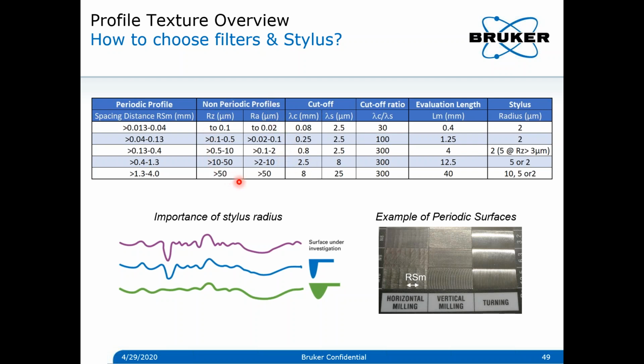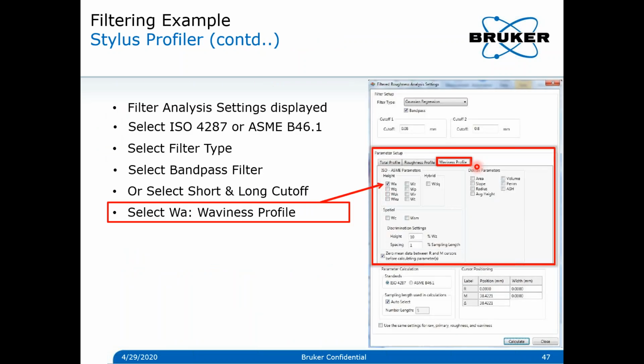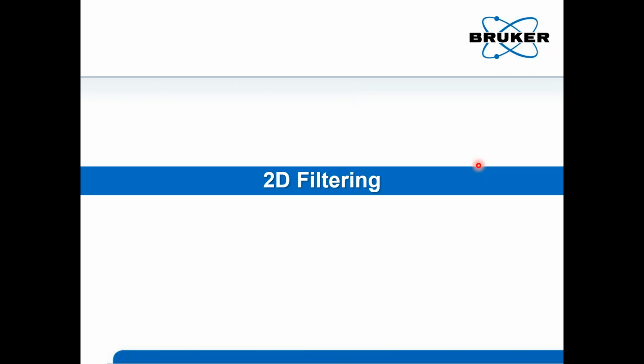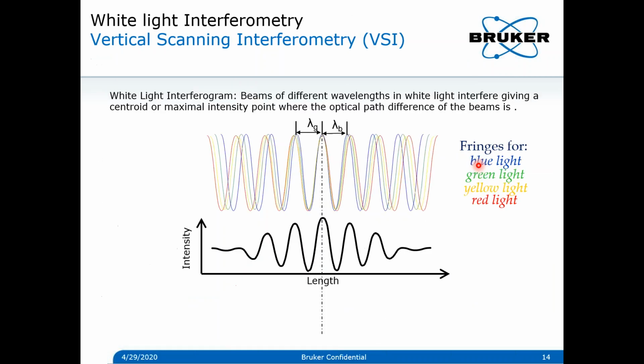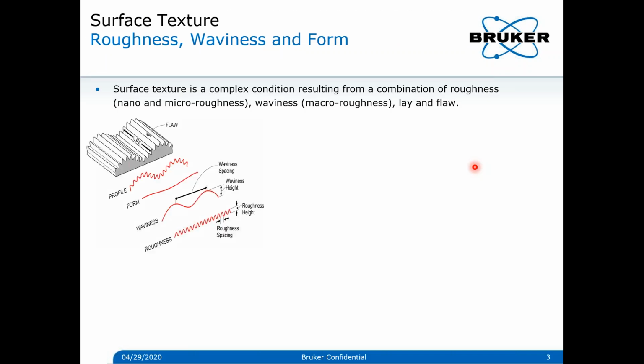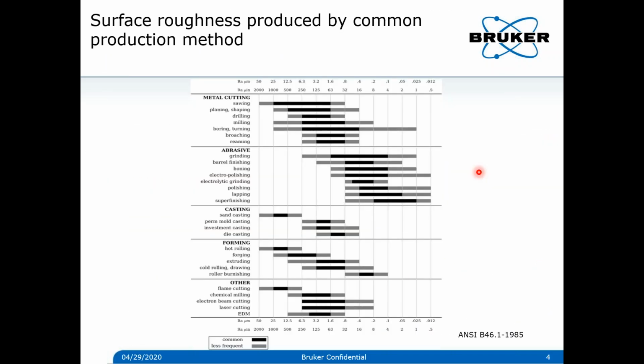But if you have a non-periodic profile, something like this, then if you have an understanding from other methods, you can use the range for that to set your cutoffs, for setting the cutoffs and the evaluation length, and deciding the appropriate stylus for the measurement. Also, there are tables which I have shared earlier, something like this, which will give you a rough idea